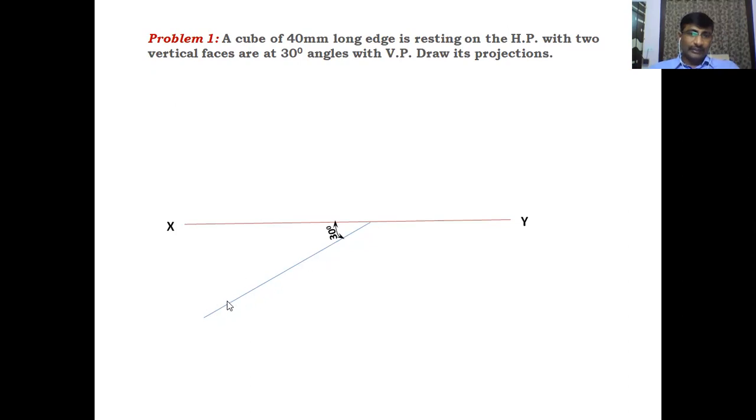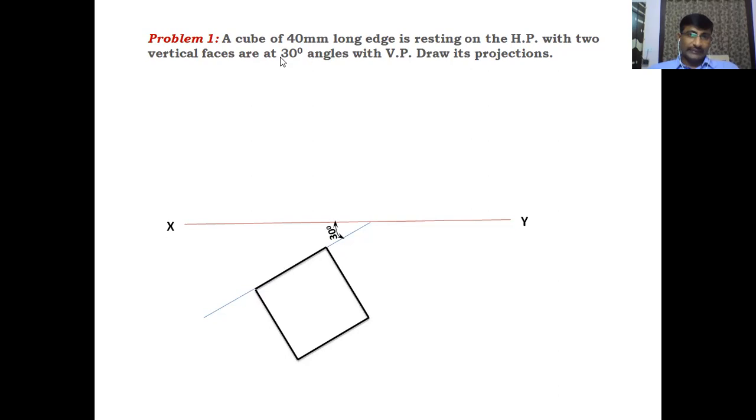And draw a side of the square when looking from the top side. This is the side of the square, which is equal to 40 mm length. And construct the square with this side. Draw the perpendicular to that line and draw another perpendicular to that line. These lines must be equal to 40 mm itself, and join those points. We will get the square like this. So in this square, this side is at 30 degrees angle with XY, and this side is also at 30 degrees when we extend it up to XY. These 2 lines are parallel to each other. So whenever this line makes 30 degrees, this line also makes 30 degrees with XY.